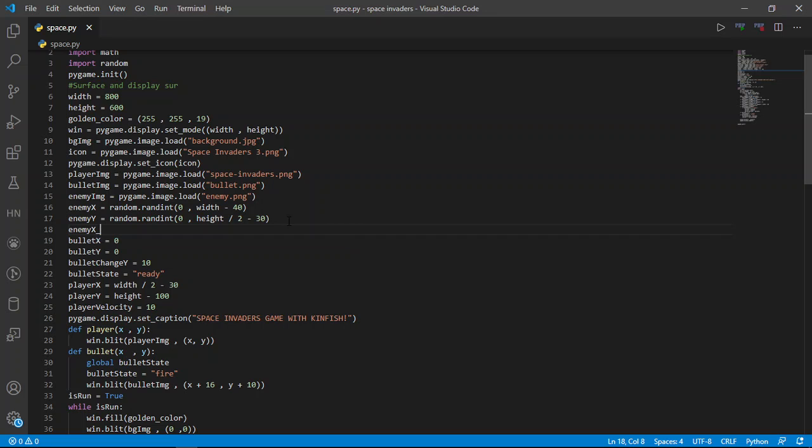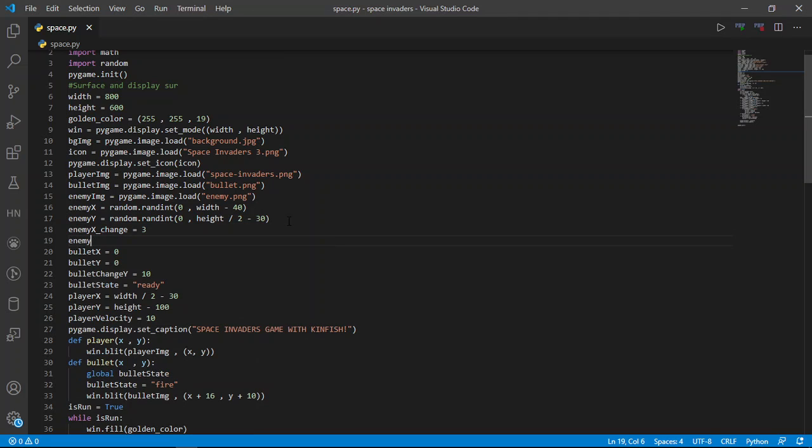The next thing to define is enemy x change, the value enemy x changes by ከአንዱ ወደ ሌላው, the x direction. Let me just give it 3. I'm going to show you what the role is. And also enemy y change 30, ምክንያቱም አስቀድም እንዳያችሁት ከግራ ወደ ቀኝ እየወረደ ነው የመጣው, so change y በ30 ይወርዳል, and change x ከግራ ወደ ቀኝ በሚሄድበት ዳይሬክሽኑ ምን እንደሚያደርገው ይወስናል. So after just defining